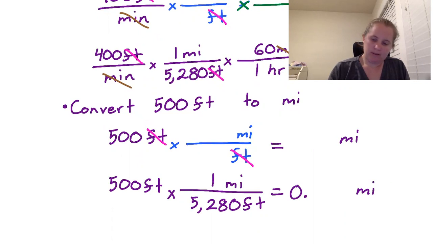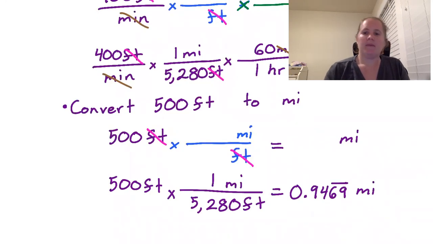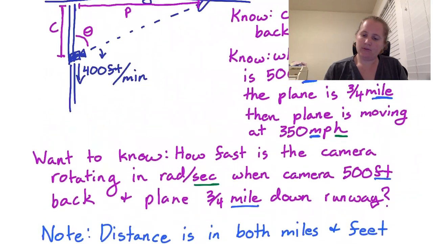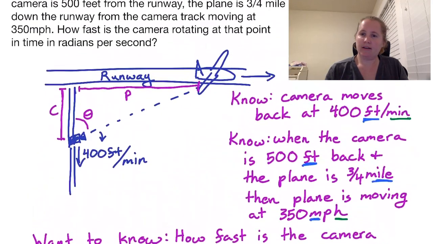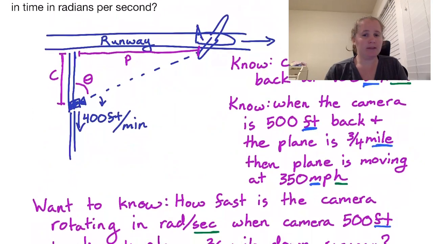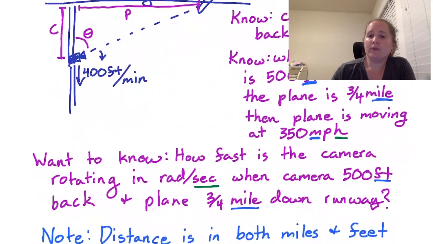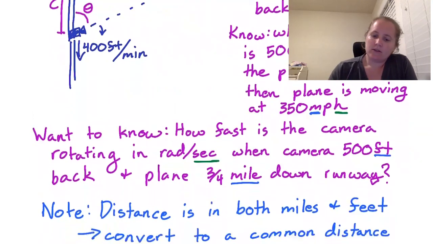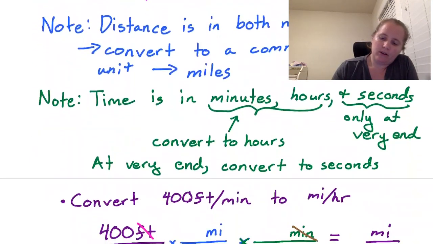And if we do that math, 500 divided by 5,280 winds up being 0.9469, and the 69 is repeating. And then, so that takes care of our first 2, feet per minute, and then our 500 feet. 3/4 of a mile is in the correct units. 350 miles per hour is in the correct units. So everything that we're starting with is now in the appropriate units. So if we now rewrite what we know,